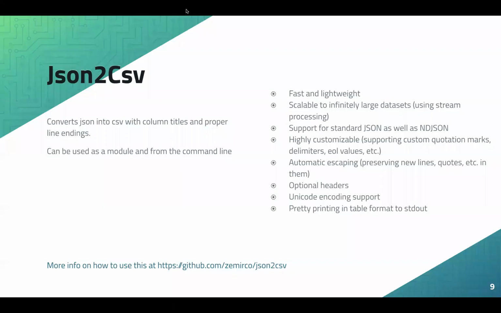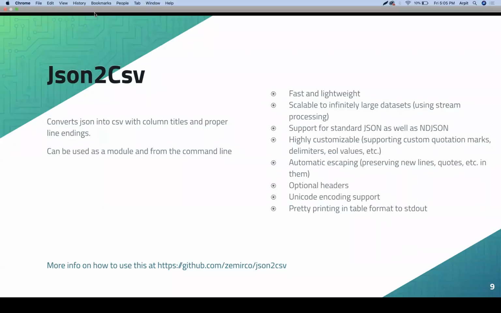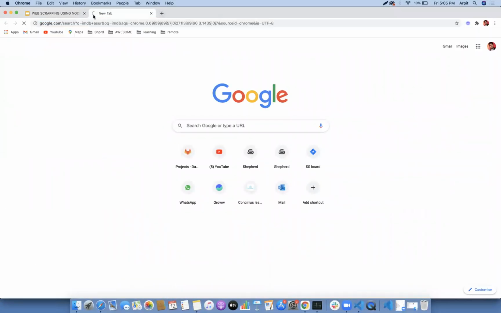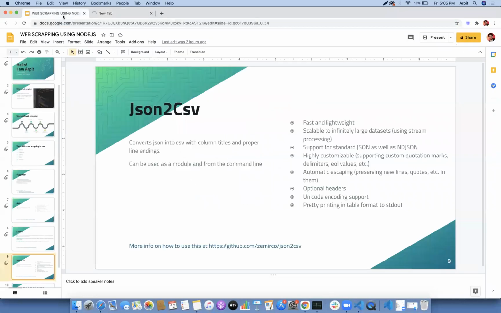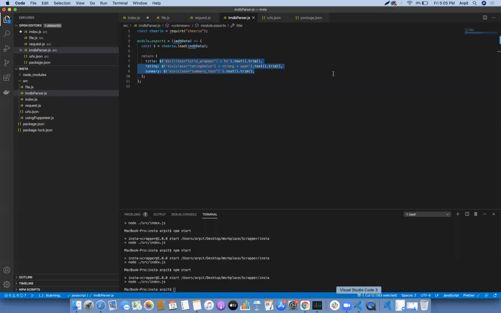So let me visit the IMDb site. I have extracted this information from the IMDb site.